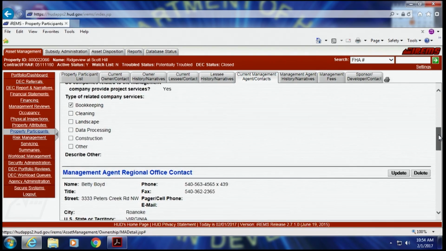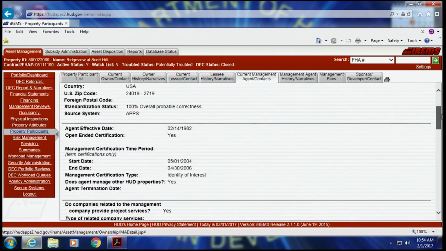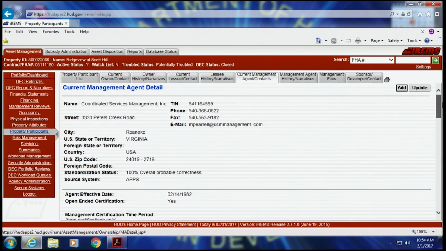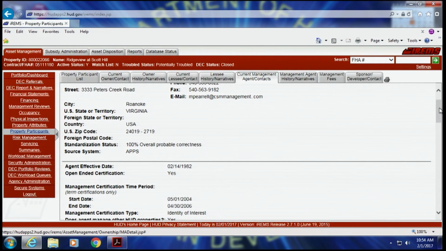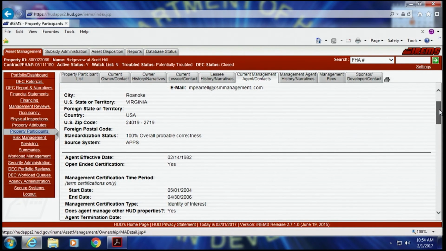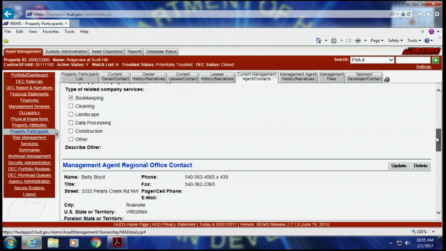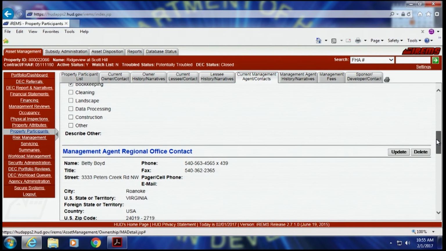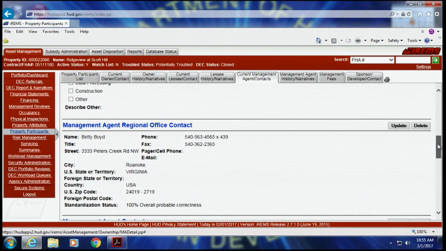Sometimes you'll not be able to reach out to the ownership because they may or may not be located where the property is. Generally they're not, but sometimes on the smaller properties they are. But you may have alternative contacts, and those could be your management agent regional, and sometimes your regional folks are in another state entirely that was not impacted by the disaster, but they are getting immediate information from their people who have boots on the ground because their primary concern is the resident and the building.